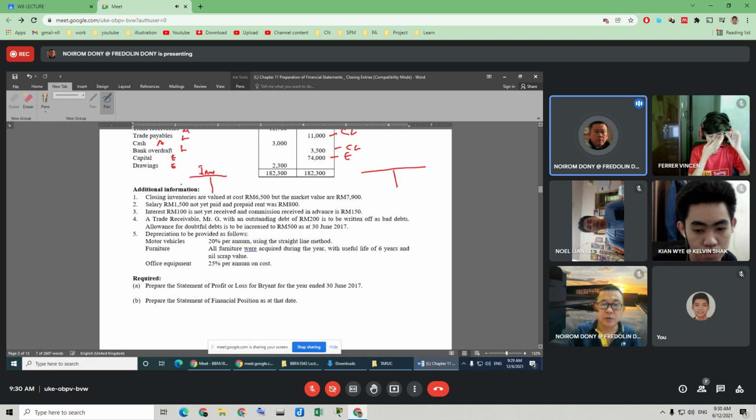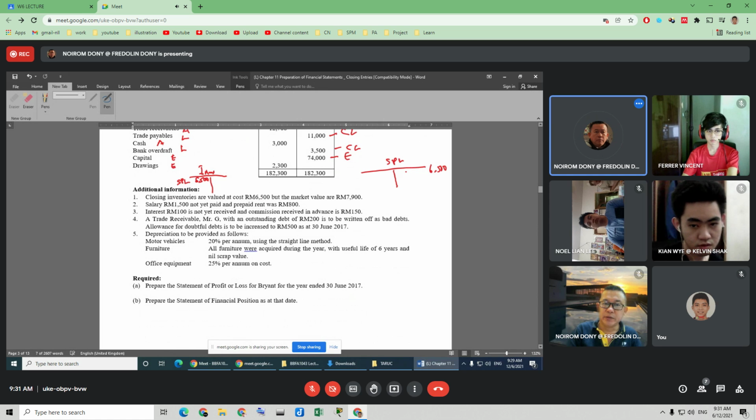Okay, so SPL, remember? Inventory 6,500 is an asset, isn't it? So any increase, meaning these are the remaining goods. So increase of inventory, isn't it? Because of this figure, we have an increase of inventory. So we debit inventory, and this is debit. And what is the heading of account that is being credited? We credit SPL. So in SPL, it should be on the credit side,